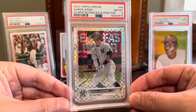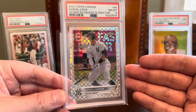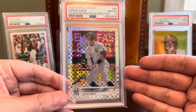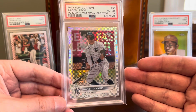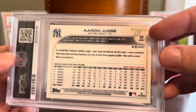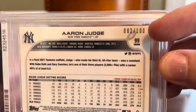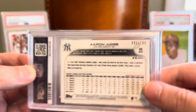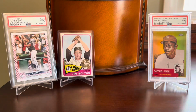historic 2022 season. And what makes this one extra cool, and you may have already seen this when Adam revealed it on his channel, I'm a fan of unique cards with special characteristics about them. And this particular card is, in my opinion, the best copy of this buyback that exists because it is copy 62 of 100. So in that historic 2022 campaign, and let me take this out of the outer wrapper here